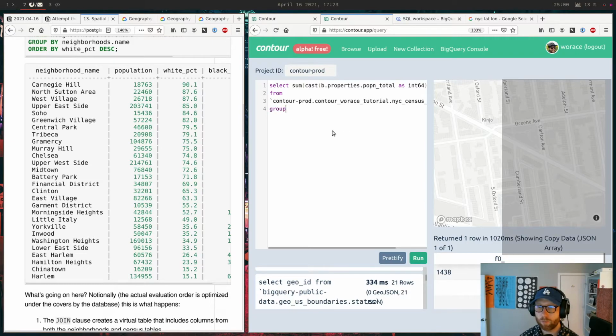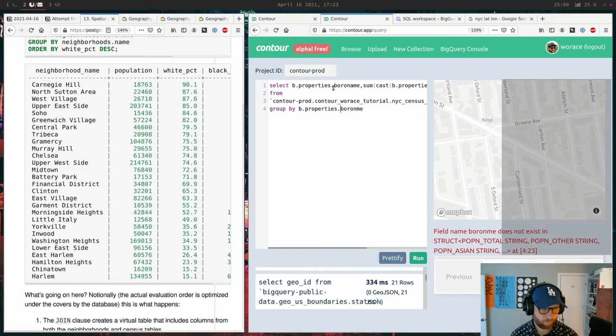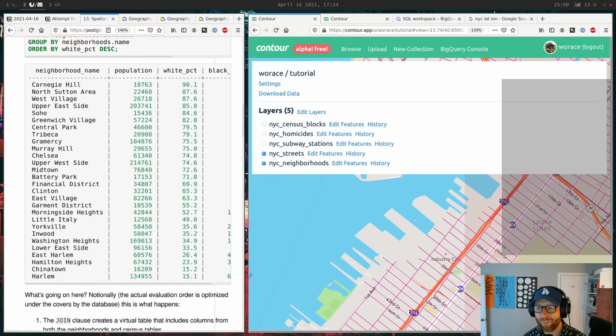Group by... oh god dang it, same old thing. Borough name. Oh, so it doesn't have a borough name. Oh, okay. I'm an idiot. That's why. I should have trusted them that I needed to do this.